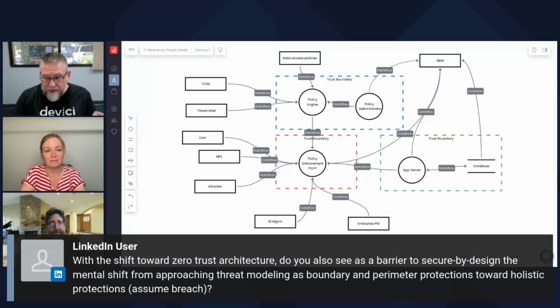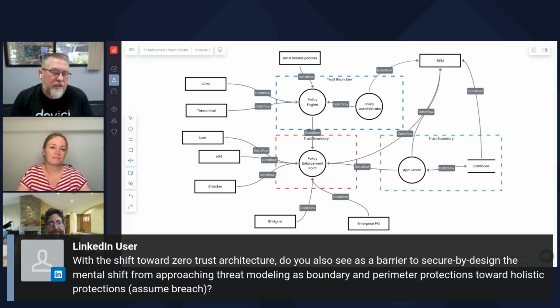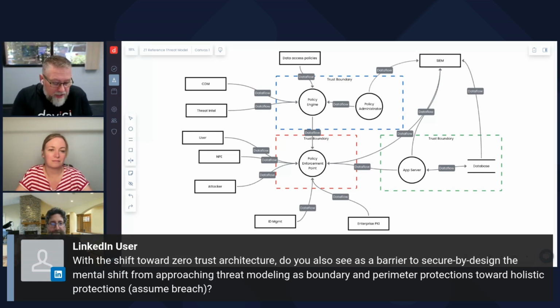And so from my perspective, yes, threat modeling has a lot of differences when we start thinking about zero trust. The core is still the same, but there are some different things that come into play here. But I apply secure by design the same way for zero trust as I do for web apps, as I do for mobile apps, because secure by design and private by design, it's really just